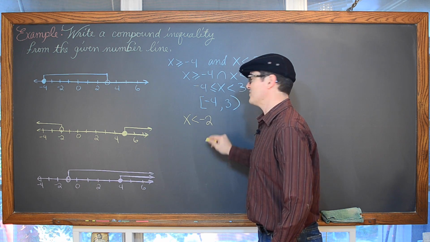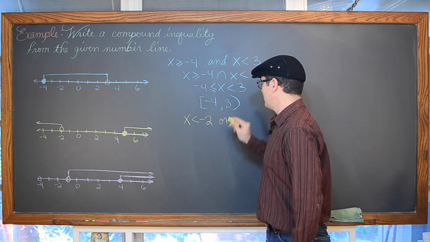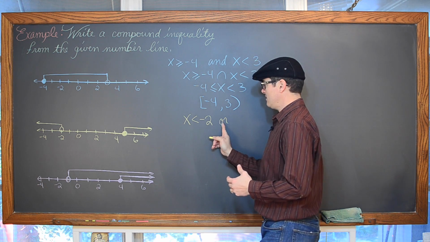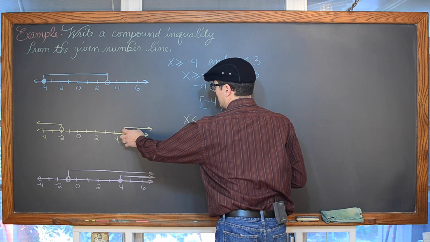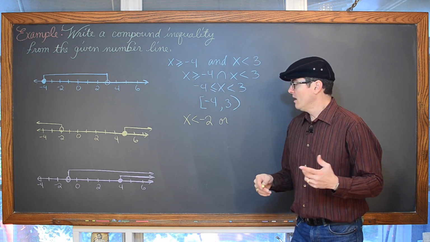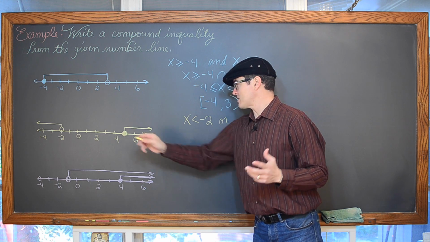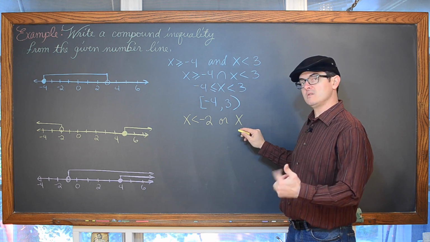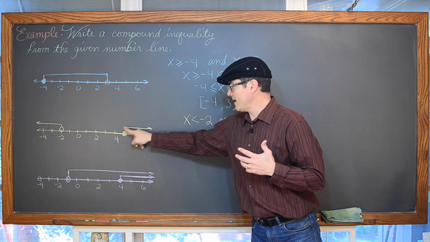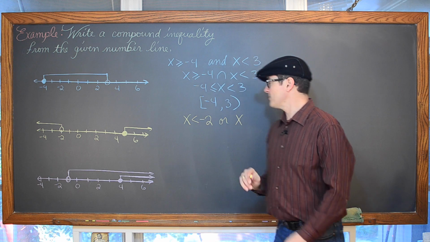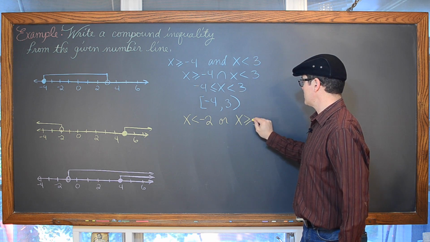Excuse me, negative 2, or, because that idea of or again, we only need to satisfy one of the inequalities. It's okay if we satisfy both, but we can generally just satisfy one of them. We're going to start at positive 5. It's a solid dot, so x is going to be equal to, and we're going to the right. This area is to the right of 5, so all these values are larger than 5. x is greater than or equal to 5.